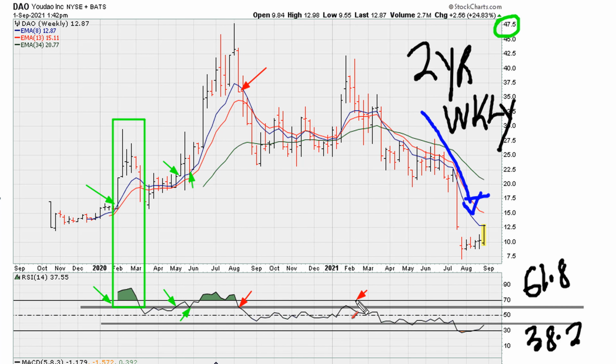We try to recapture it here. We are rejected with uniform action. That's a reversal period there at the beginning of 2021. And notice what happens to prices when we drop below that level, which is this move. It's another way of saying, as the RSI is coming back to this area of 38.2-ish,